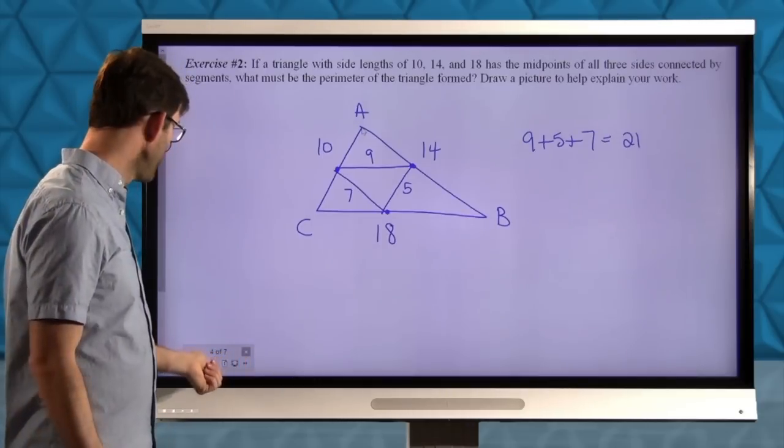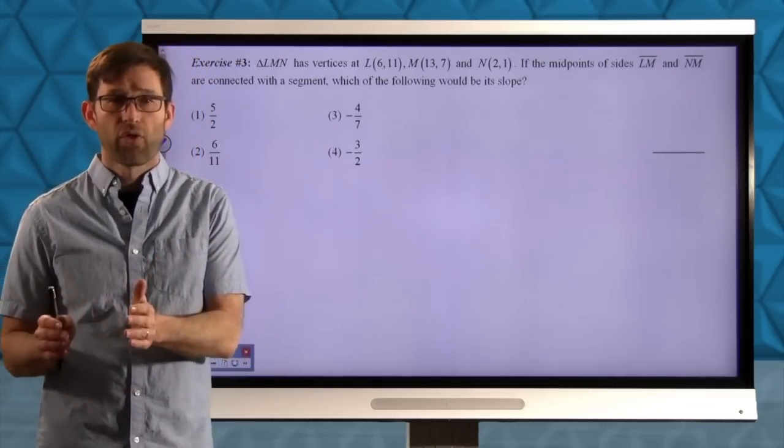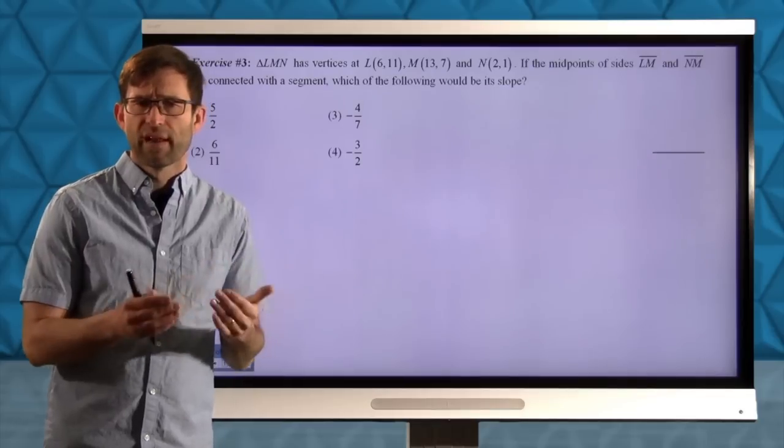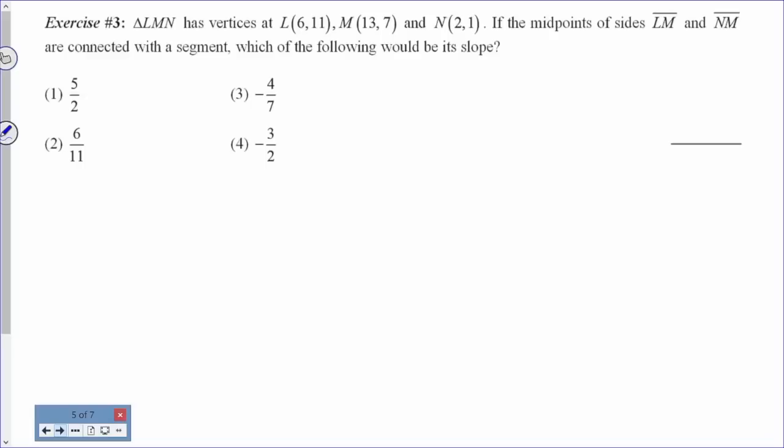All right, let's keep going. So the last problem really had to do with that half the length. Let's see if we can do one that has something to do with that parallelism. Exercise number 3. Triangle LMN has vertices at (6, 11), (13, 7), and (2, 1). If the midpoints of sides LM and NM are connected with a segment, which of the following would be its